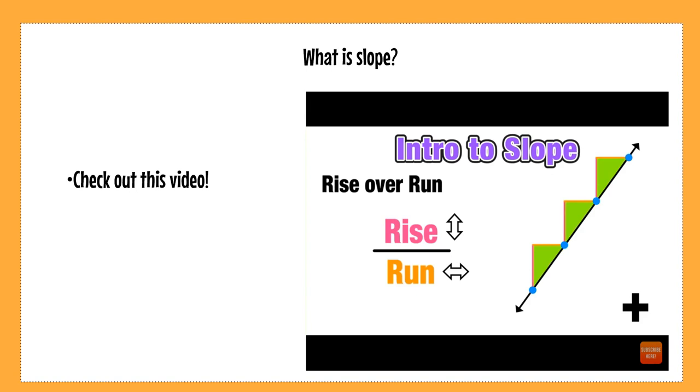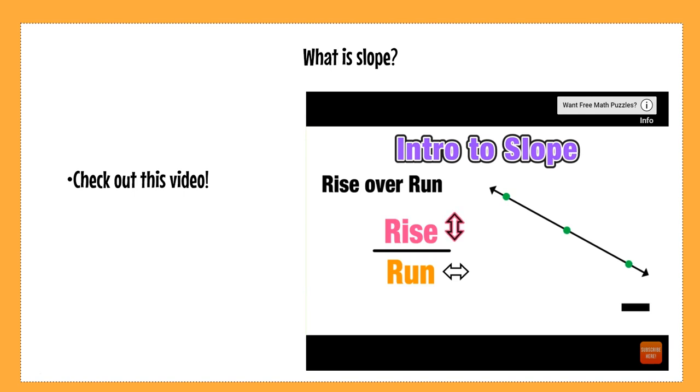It kind of makes this staircase image. Now notice that since this line has a positive slope, our rise was upwards and our run was to the right to move from point to point. However, if our line has a negative slope, that is, it decreases from left to right, we rise downwards. I know that sounds weird, but we're rising in a downwards direction and then running over to the right to move from point to point.